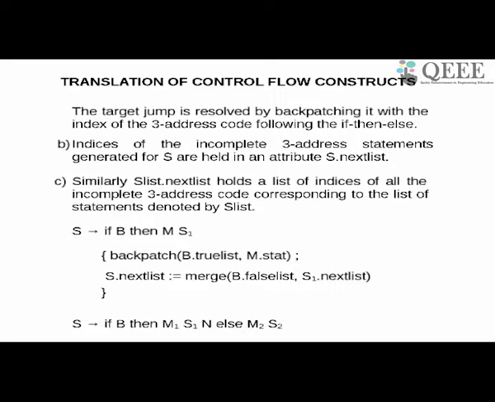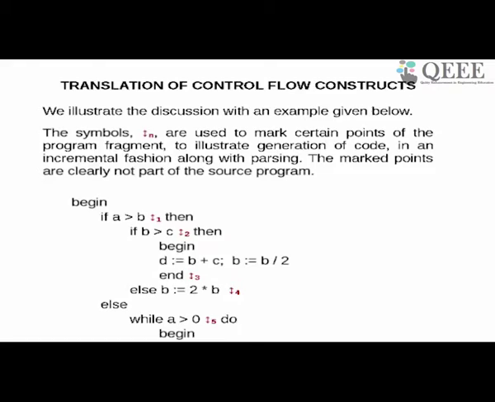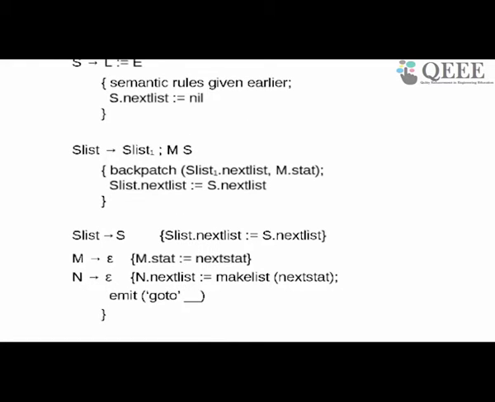Now what is not so obvious here is what is that S1 followed by capital N doing? What is the non-terminal N? For that I'll ask you to go to the next page and see what it does. If you go to slide 135 towards the end, you will observe N goes to epsilon. This is the last rule. Look at the semantic action: N.nextList is makeList(nextStack).